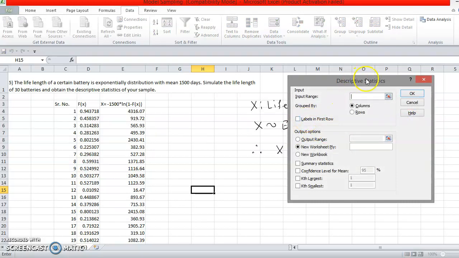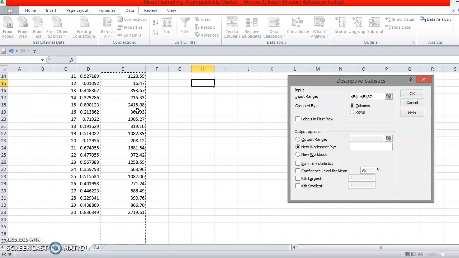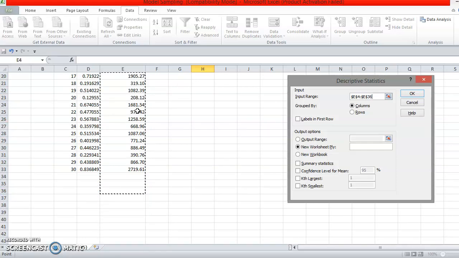The pop-up window you can see here will ask for the input range, meaning the range of the data for which you want to find the descriptive statistics. So let me give the range of all the 30 observations here. And here we need summary statistics, so I will click on Summary Statistics only, click OK.